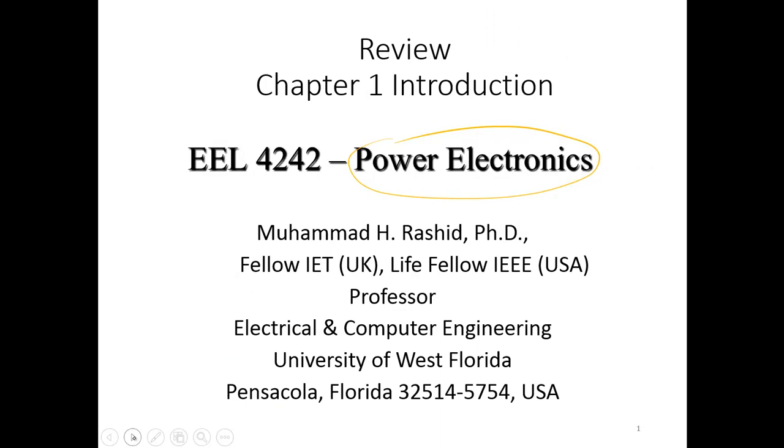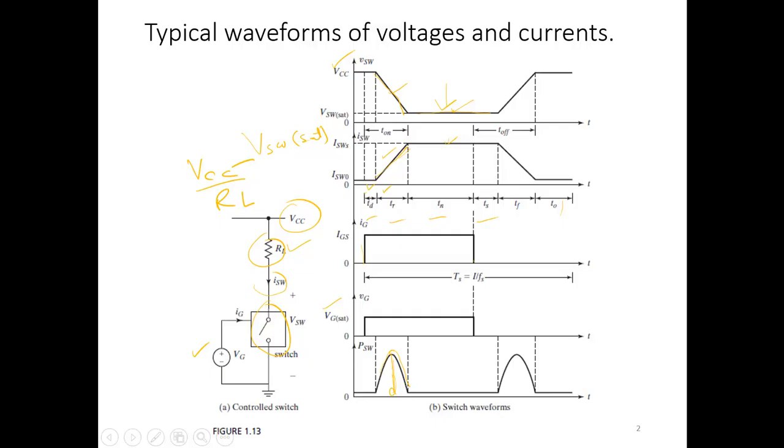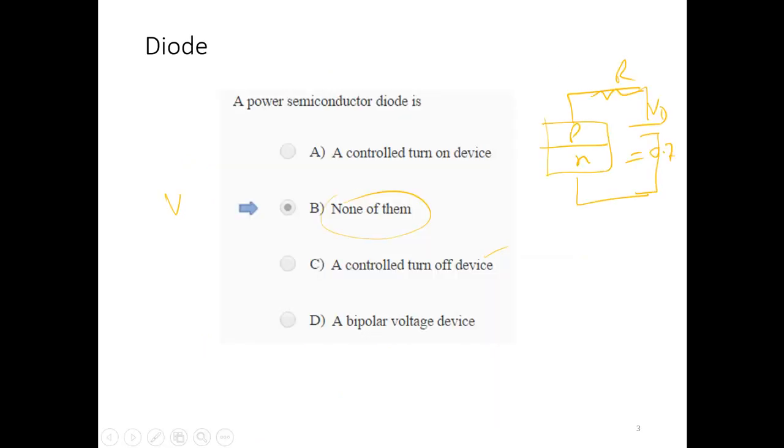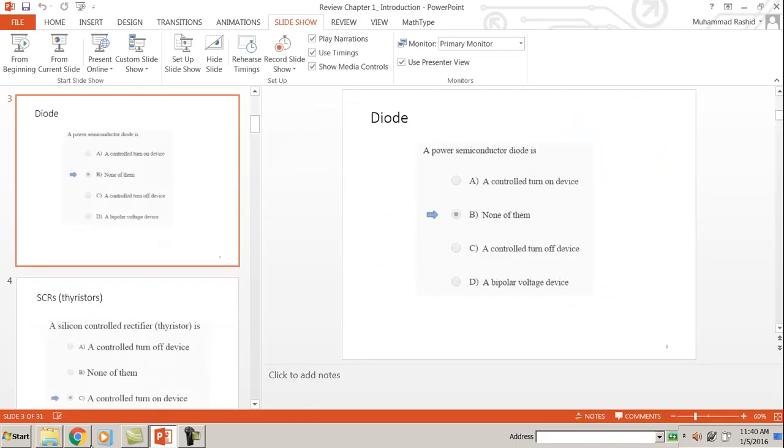Now I hope this is going to help you to know about the general characteristics of the devices, and how to turn them on and also turn them off, about these diodes, and also the transistors and the MOSFET. With this one, I think this is it. Let me go back to my